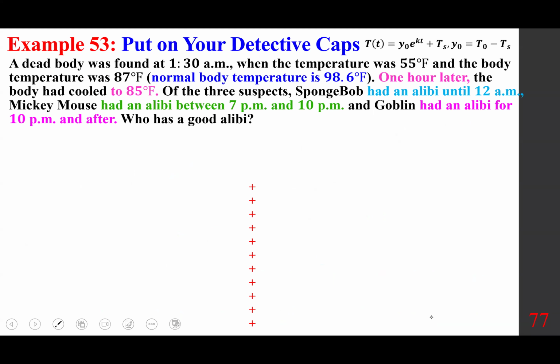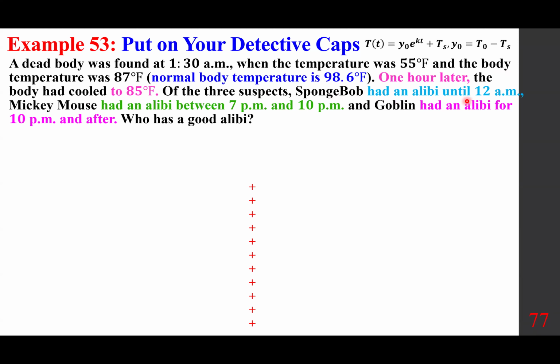Here's the last question. Put on your detective caps. A dead body was found at 1:30 a.m. when the temperature was 55 degrees Fahrenheit and the body temperature was 87 degrees Fahrenheit. Normal body temperature, we know it to be 98.6 degrees Fahrenheit. Roughly, it has been worked on recently, and they have done some adjustment. But in any event, 98.6 degrees Fahrenheit normally. 1 hour later, the body temperature cools down to 85 degrees. So of the 3 suspects,